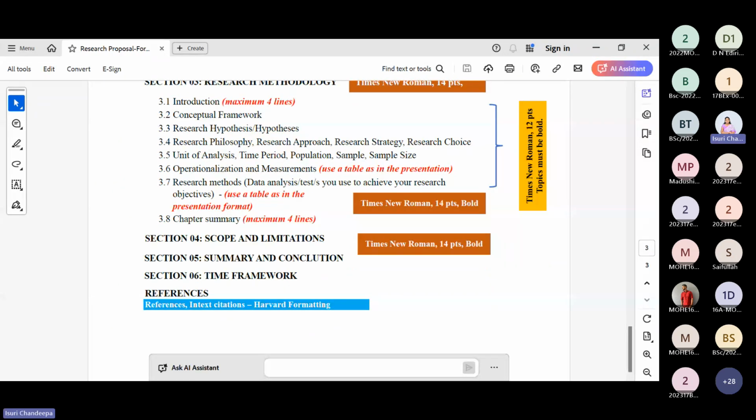And the references, it should be in Harvard format. Don't include just 1 or 2 references. This section is a must. At least include 1 page of references. Otherwise we feel you don't refer to much literature, you just refer to 1 or 2 research articles. Write down these things, right? So this is the organization